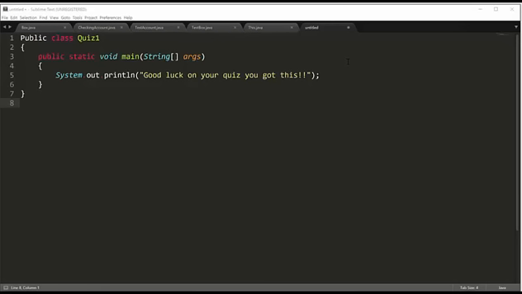So, good luck on your quiz, guys. Hopefully, you guys understand this stuff. Really try to understand it from a conceptual point of view. If it's a couple of days before the quiz and you don't grasp the concepts, I would just say, start taking these quizzes, because the best way to learn is to just do it. Just keep applying yourself